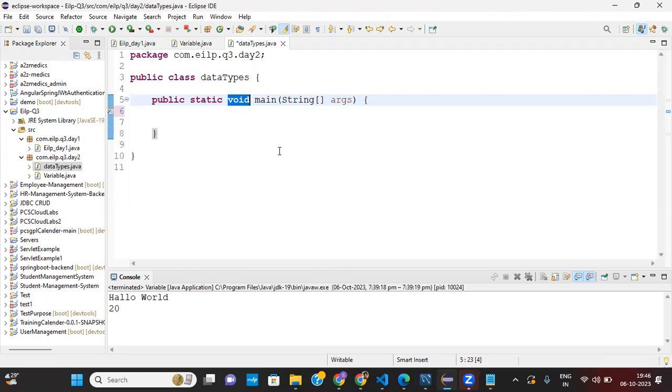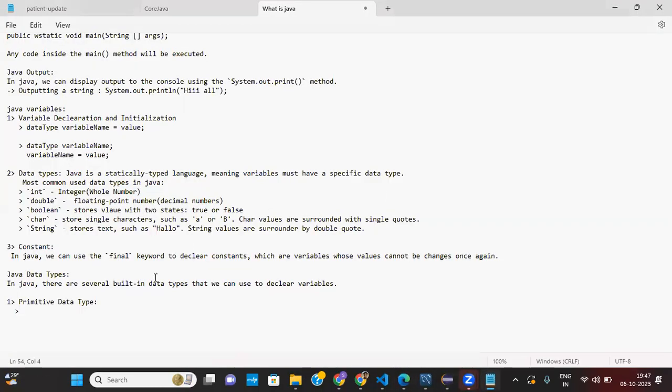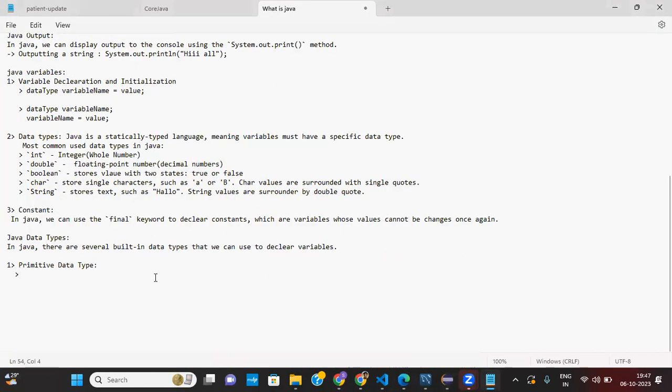It will return that data type. We will see that in method creation, or function creation. Okay. So, eight primitive data types.